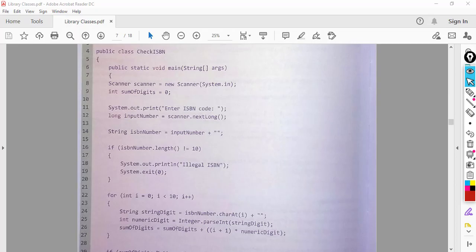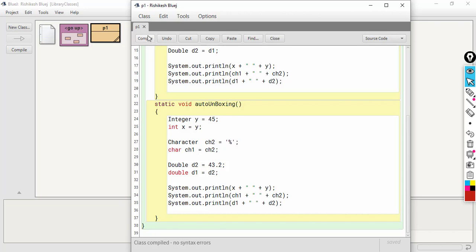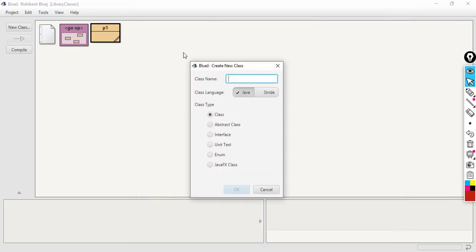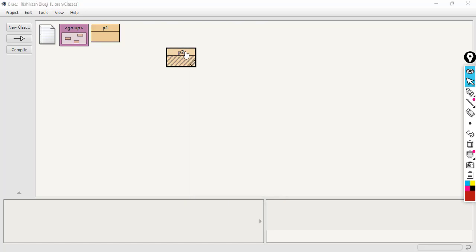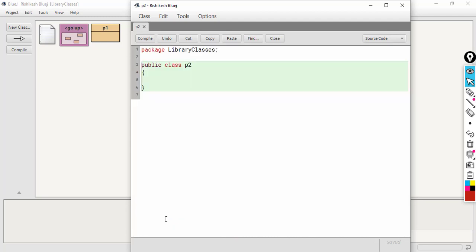So let me show you one example. So let's say I want to convert this value stored in H into a string.